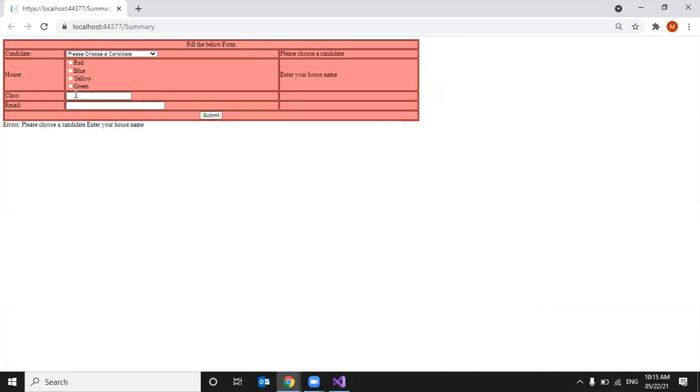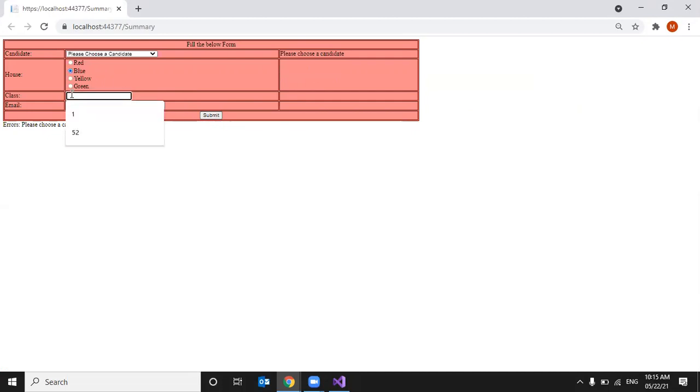See here, I did not type anything here and I did not type anything here. And the validation is not performed because it is empty. If it is empty, it won't perform the validation. The range validation or regular expression validator will not perform whenever it is empty. If you want to avoid that, you can have a required field validator here.